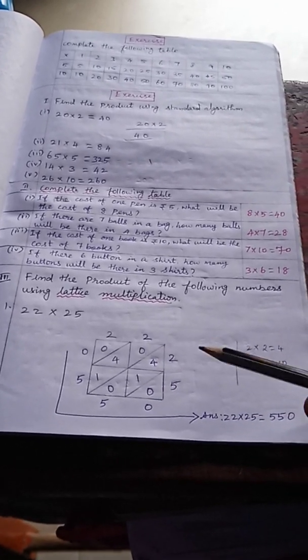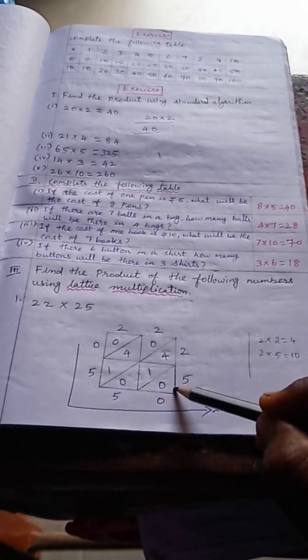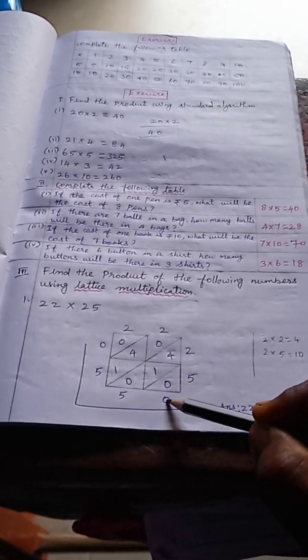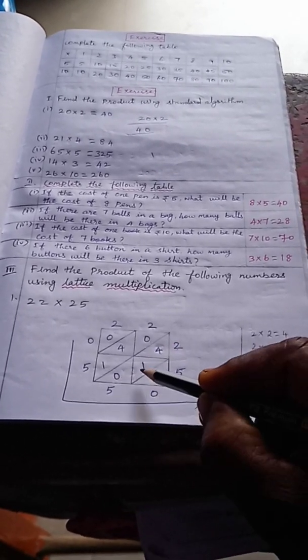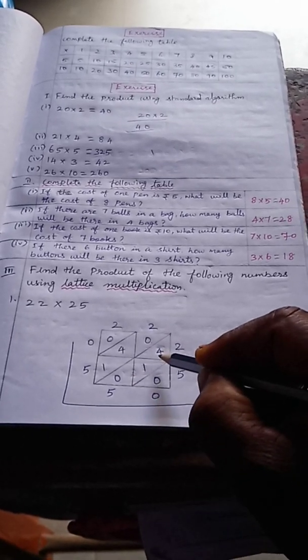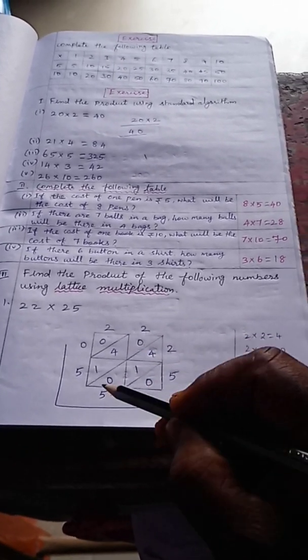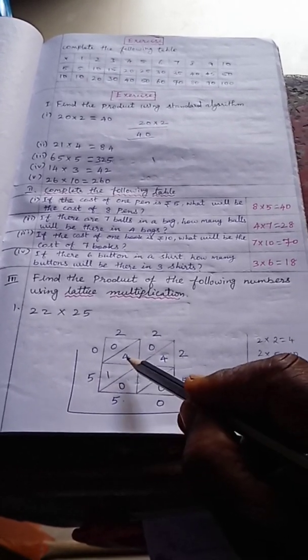Now after the multiplication we are going to add the answers. See only this straight line. The answer is 0. Now take this straight line. What is there? 0, 1, 4. So add 0 plus 1, 1, 1 plus 4, 5. So write 5 here. Next, in this straight line we have to see 1, 4, 0.